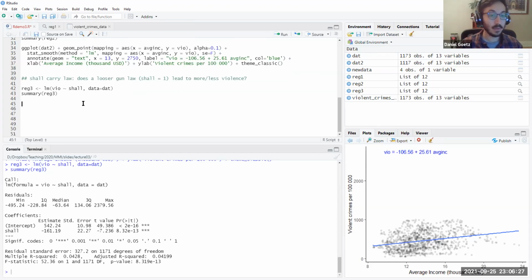One thing I want to point out, one thing that I talked a little bit about in lecture and that I want to point out here is that we have a beta 0 and a beta 1, right, for this regression. And we see that negative 161 is highly significant. So that would suggest that if we look at a difference of means between shall carry law states and non-shall carry law states, that difference should also be highly significant, right? And indeed, that difference will be negative 161, right? So